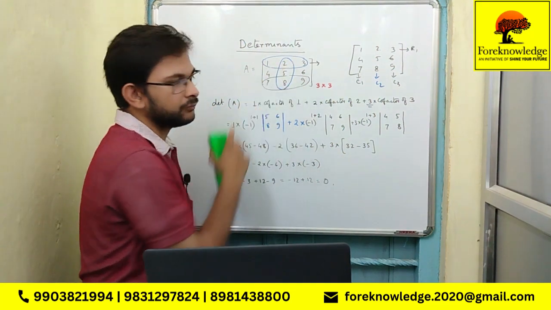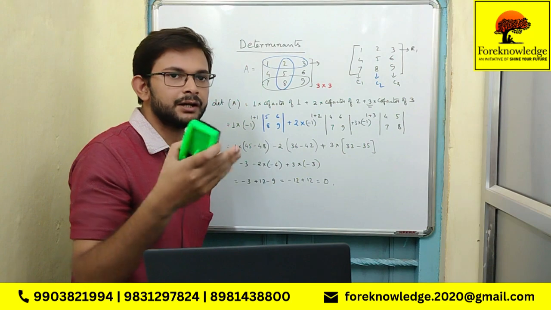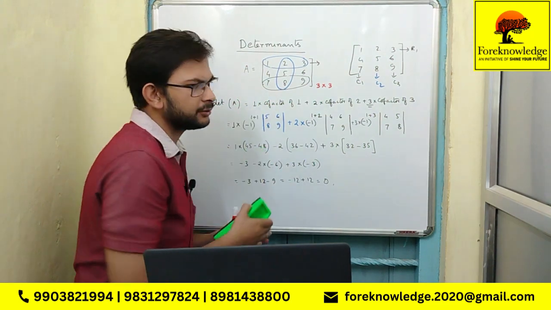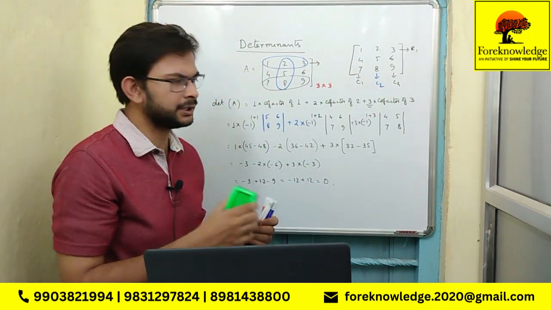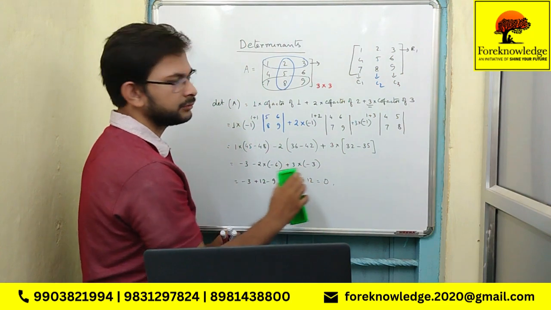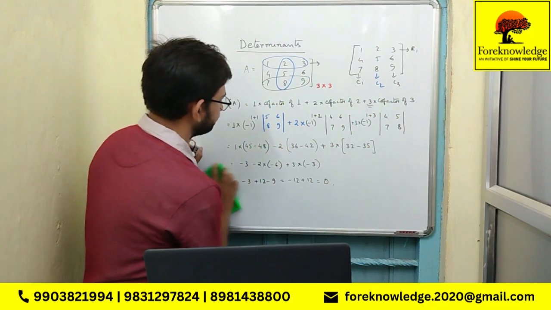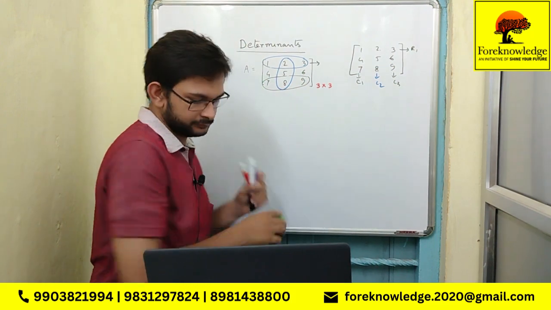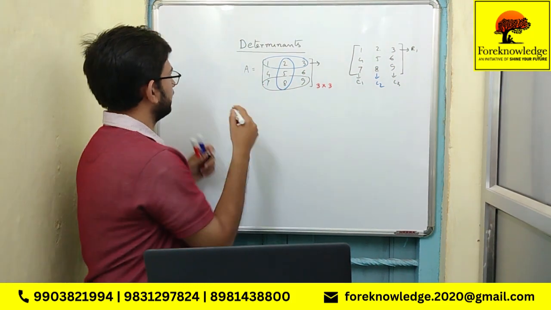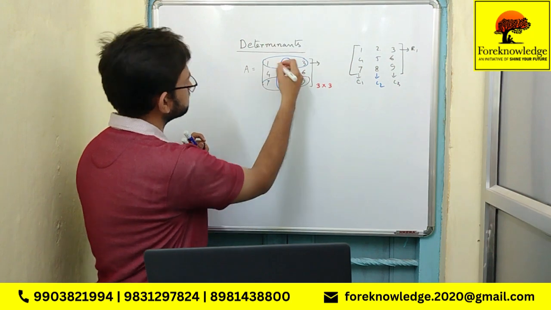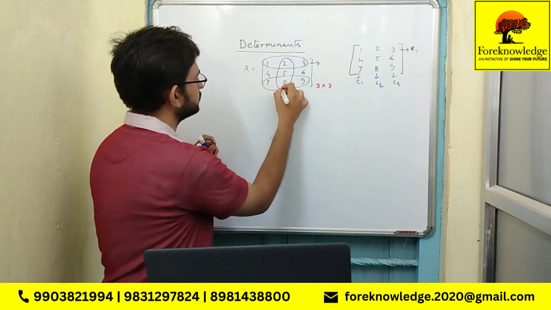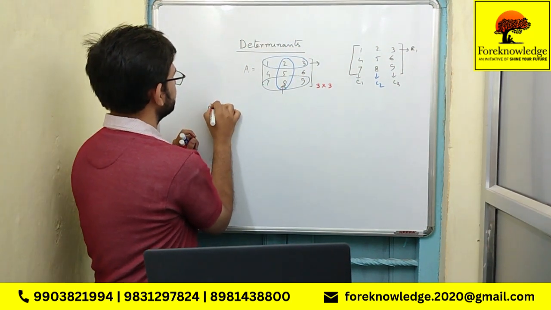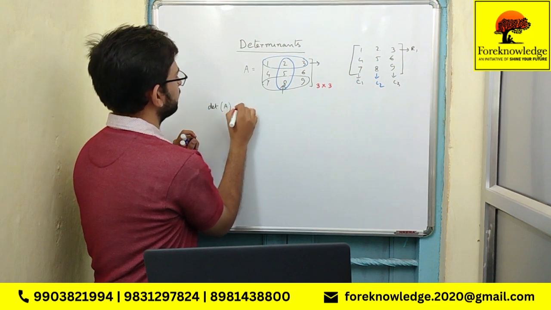This is along row 1. Now if we are to calculate along some other row or other column, let us do that. Okay, this is along row 1. I am erasing this. Let us calculate along, suppose column 2. Suppose along column 2. So determinant of A equal to 2 into